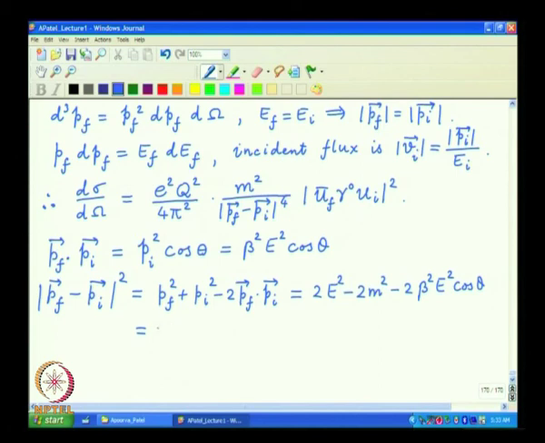So, this is also 2 beta square E square minus 2 and so it can be rewritten as